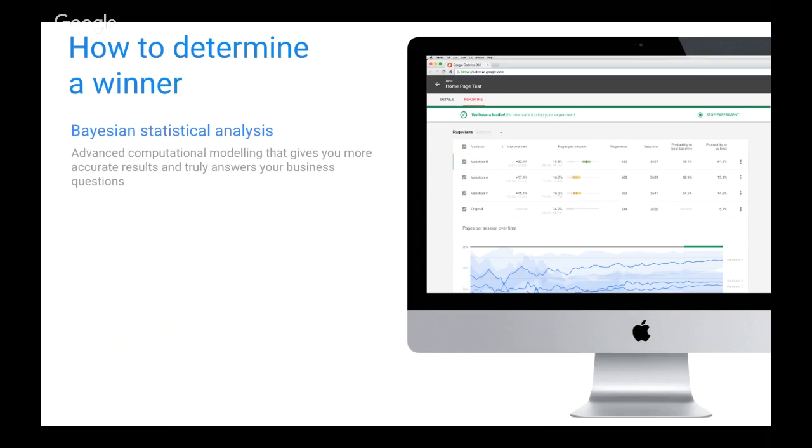How to determine a winner. So we ran the experiment and how do we see the results? They're all available in the reports. My colleague Pavel will show it to you later. Important thing to notice is